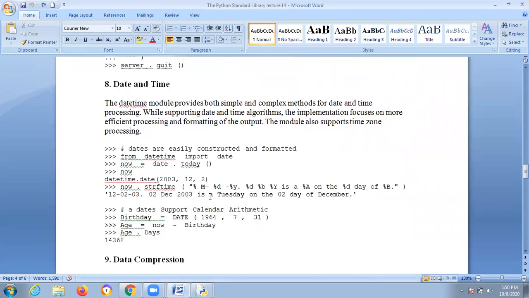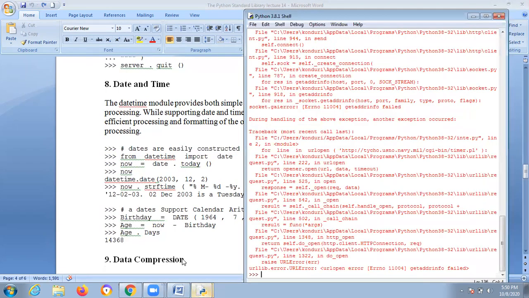And what about this date? So date and time you need to observe carefully.